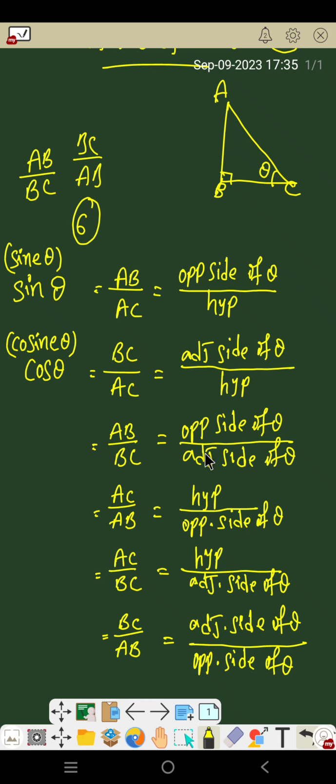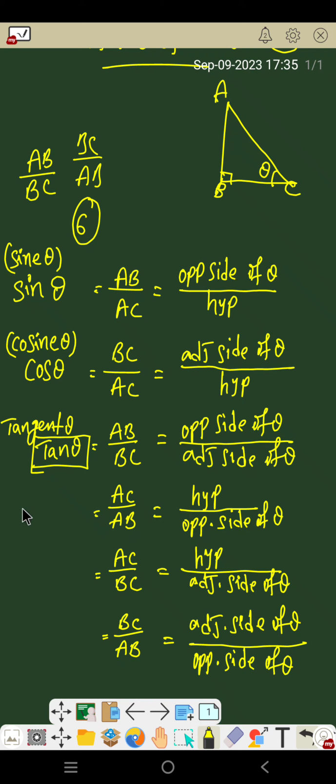And the ratio of the opposite side of theta to the adjacent side of theta we can call tangent theta. Simply we can call it tan theta. Okay, so tan theta formula, what? Opposite side by adjacent side. And hypotenuse by opposite side